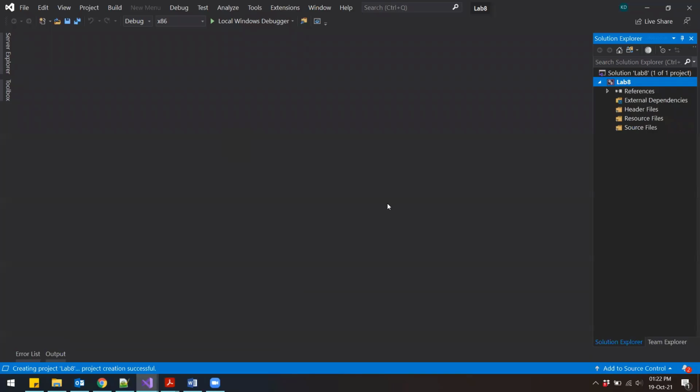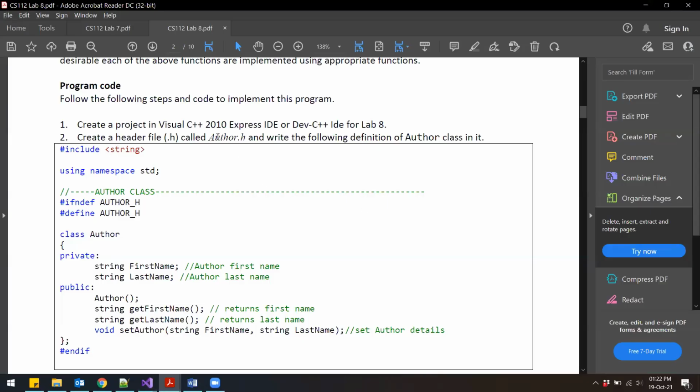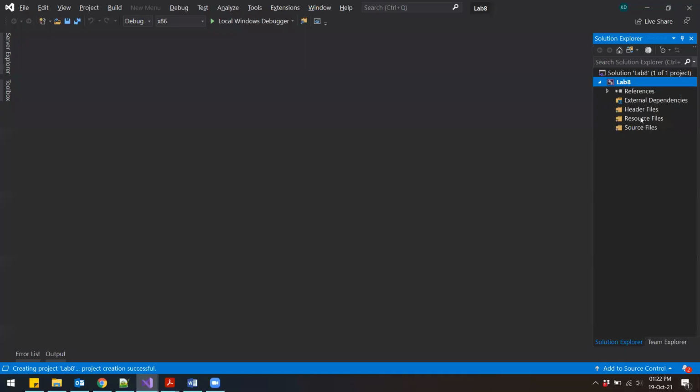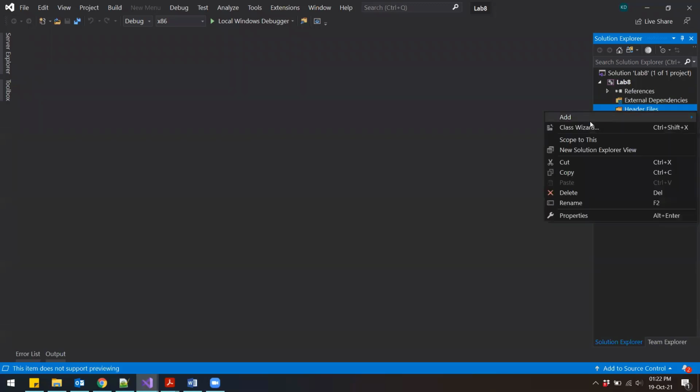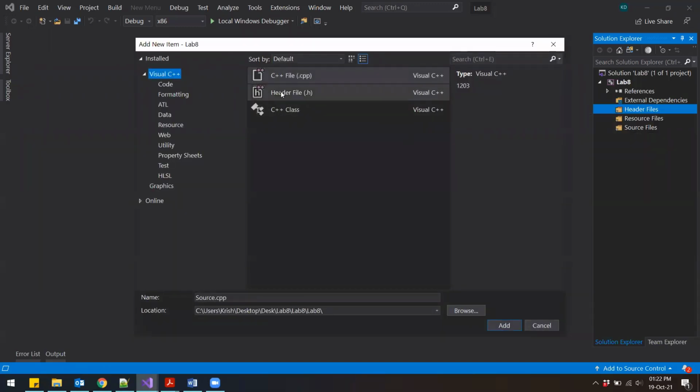So we know that header files, this is a header file because it ends with a .h. The header file will go in this header files section in your IDE. So I'll right click over here, go to add new item, and you will select this header file option, and the name of this file will be author.h.